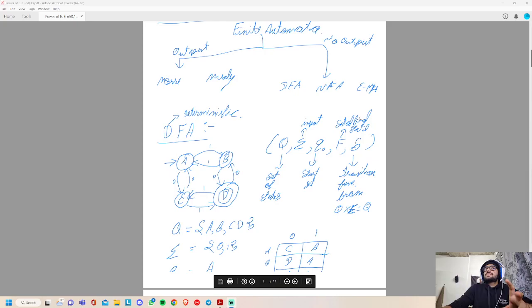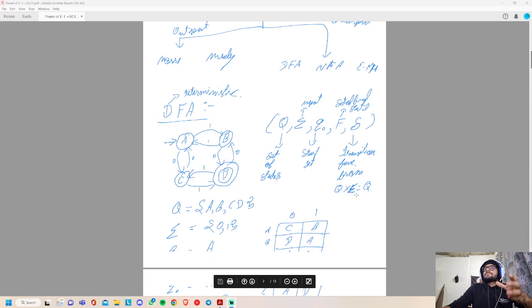F is the final state. I am putting F as multiple states because the final state can be more than one state. Now in this case only one final state is there. Delta is a transition function from Q cross sigma to Q. That is the way we explain it.